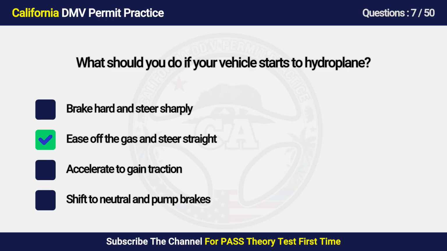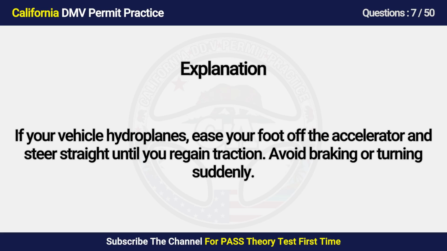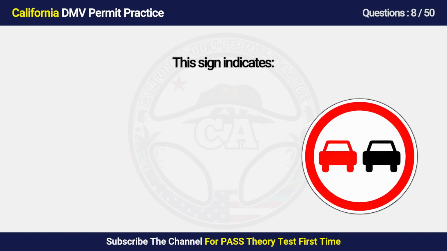Answer is B. Ease off the gas and steer straight. If your vehicle hydroplanes, ease your foot off the accelerator and steer straight until you regain traction. Avoid braking or turning suddenly. Question 8. This sign indicates